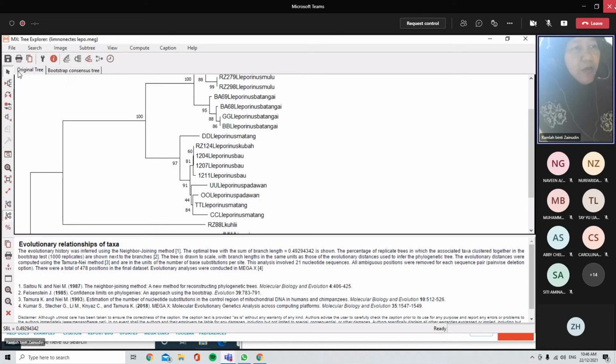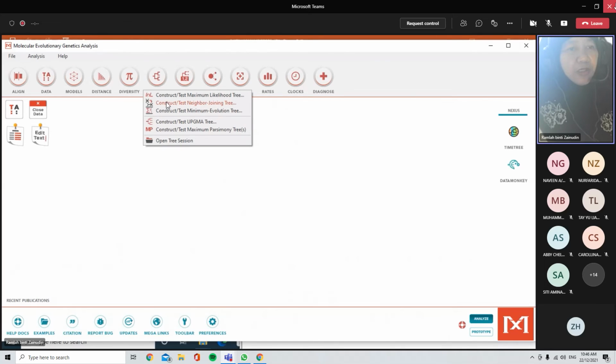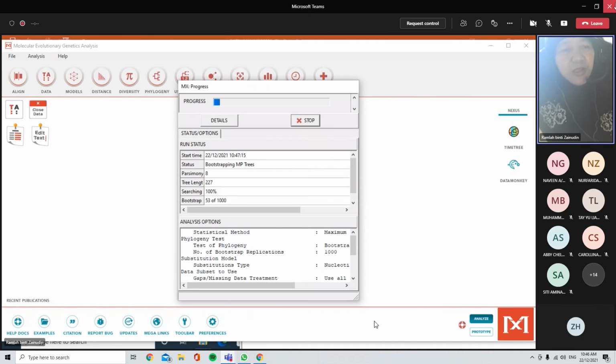You nampak sini dia tak ada apa-apa, tak banyak trees, only 1 tree because they go straight to the distance. Okay, and sama juga dengan yang ini. So you go to phylogeny, you go the parsimony. Okay, the parsimony tree. Construct parsimony here. Yes. Sama juga. Now, parsimony dia akan keluar banyak trees because parsimony is look at the shortest mutational event. Okay, and we give you many tree. Regardless of how you arrange the punya taxa tu, the clade tu, we give you maybe 100 trees that show the most parsimonious tree. So which tree are you going to choose is, that's why you have to use a